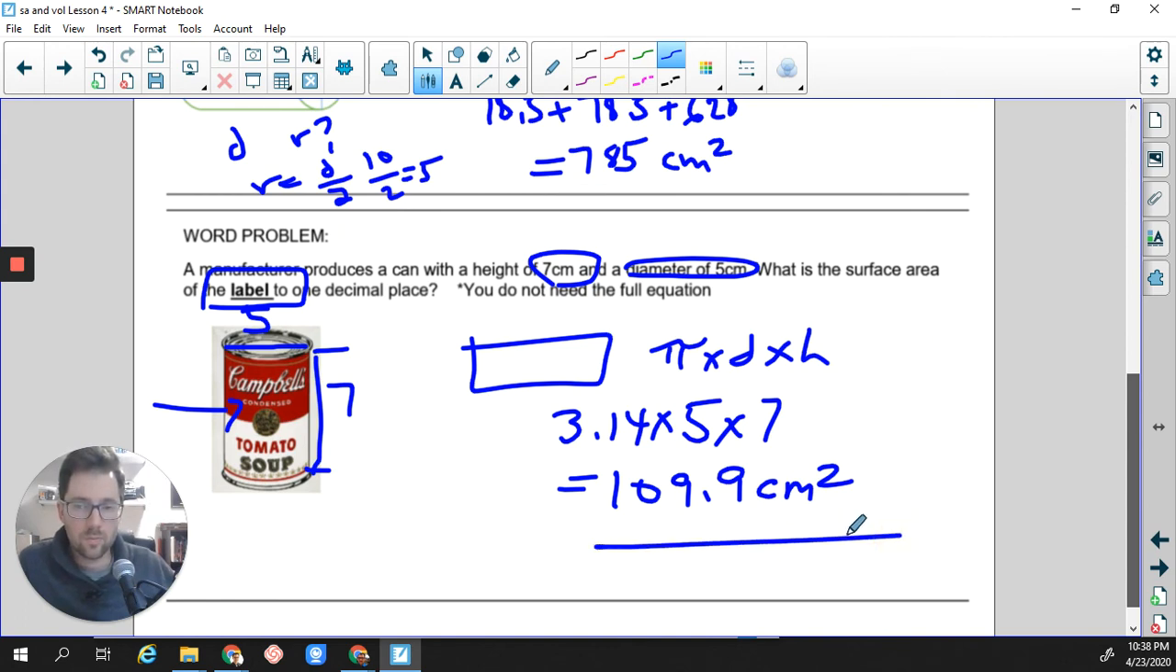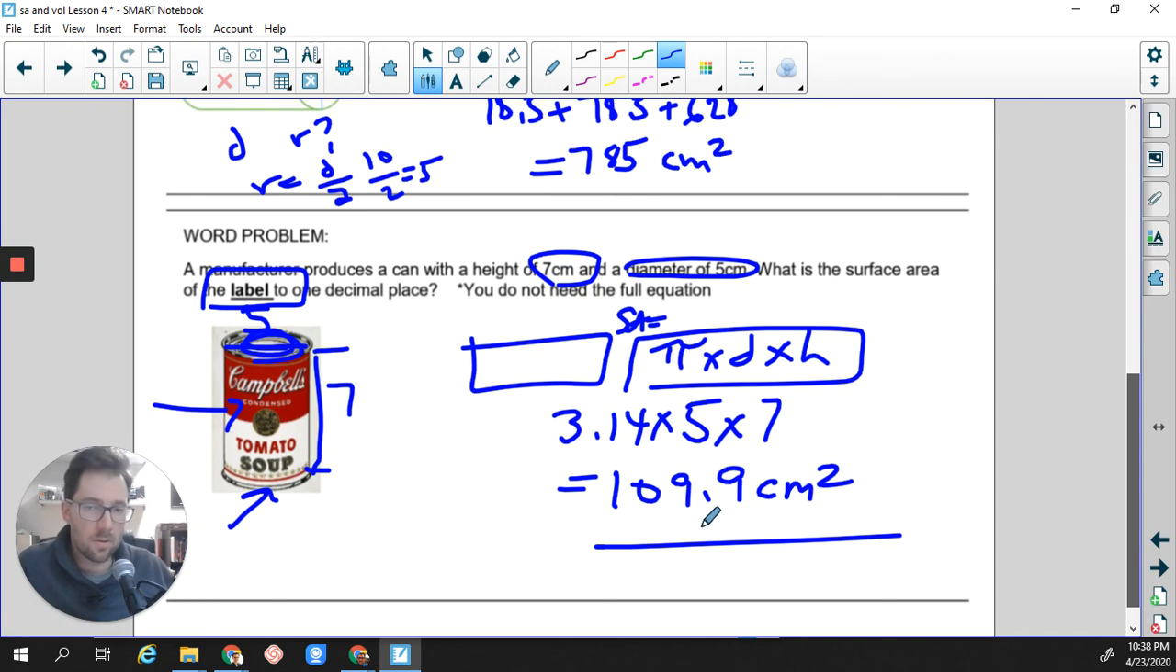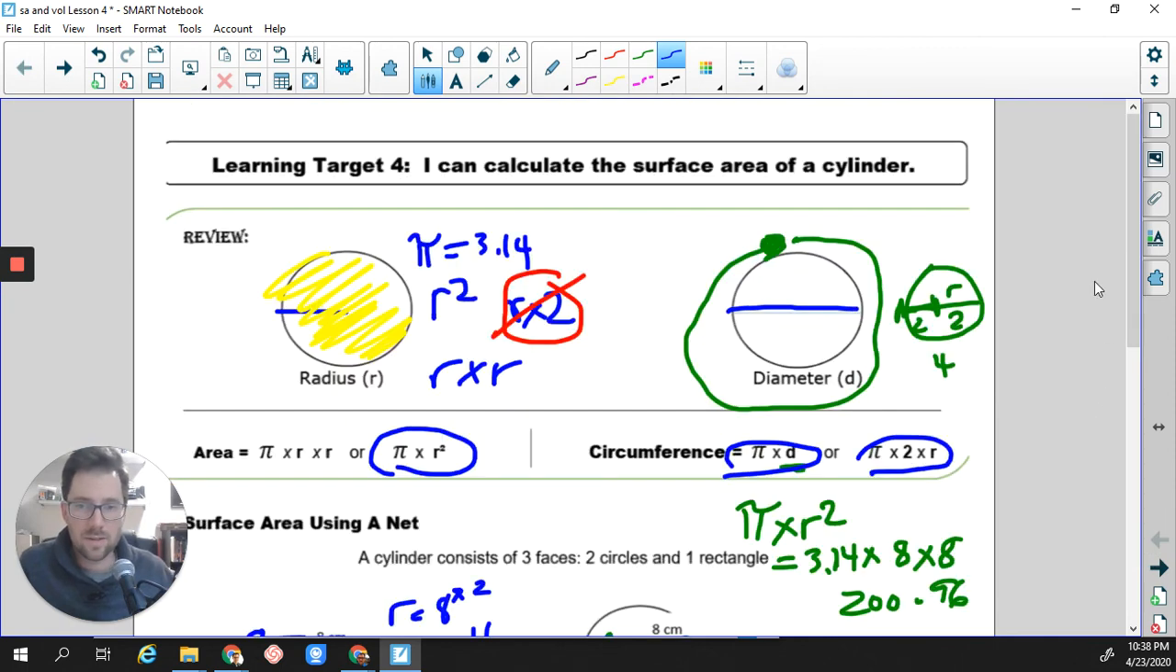So that gives us just the can. If we wanted the top and the bottom, we need a little bit extra. Sorry, not just the can, just the label. So all we need to do is pull out that equation, just pull out the length times width or the pi times diameter times height, and that will help us out with that. So surface area of cylinders,